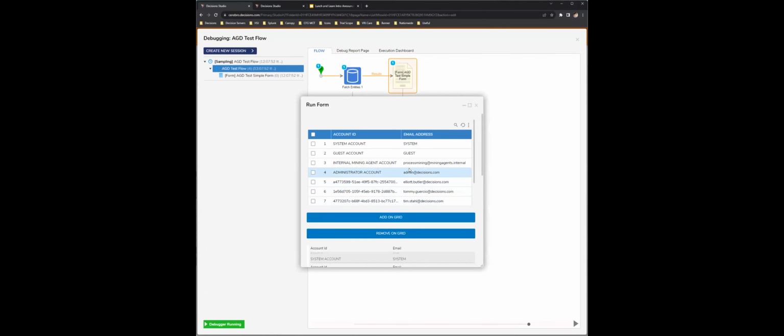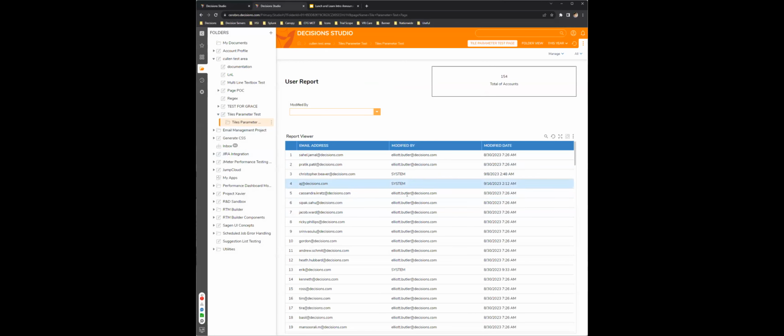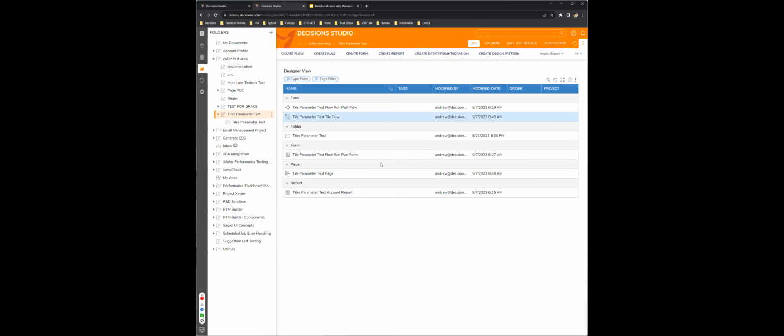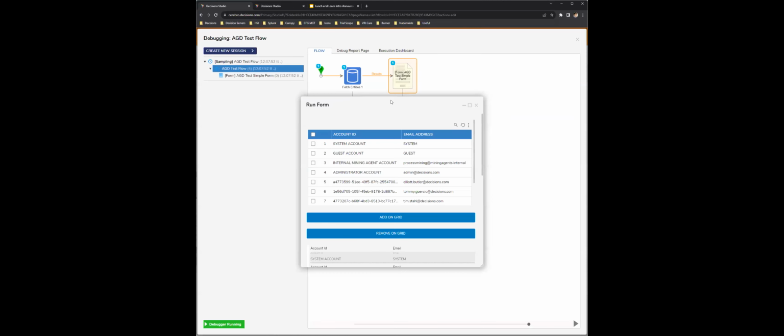Biggest difference is with the data grid, we get the view of a normal report, or what you would see in the studio in terms of normal report viewers that we would make, or even in the UI for Decisions. It just looks like a normal report that we would see.